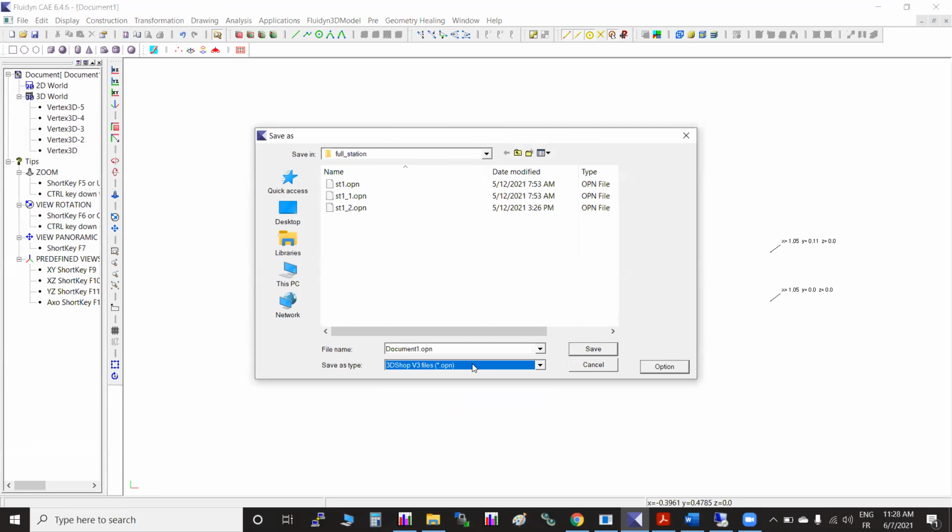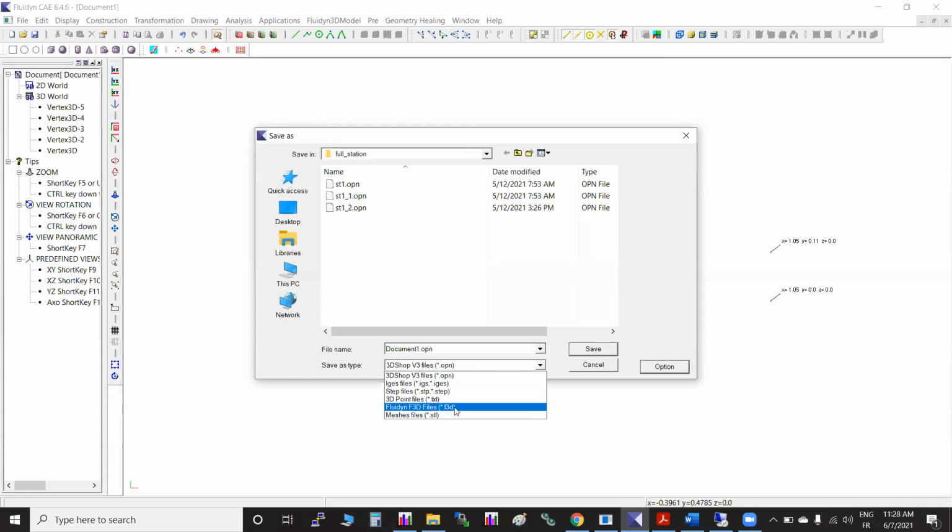But for meshing, it is not necessary to have all. We just need a solid. So what happens to the others? Either you delete them, or you save them in some other format. It's better to save it in an OPN file, which is always possible to reload and recollect. And the final geometry required for meshing, we save into F3D. This is what you do if you go through the Fluidigm software.